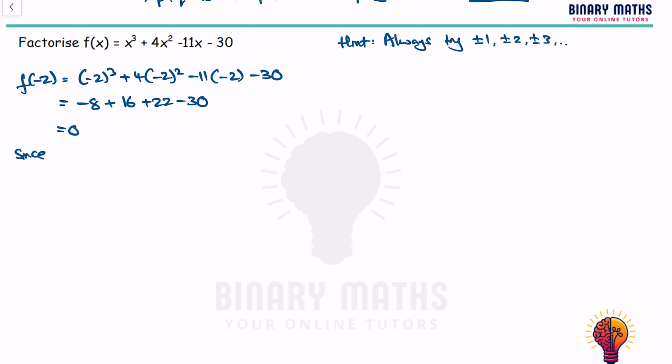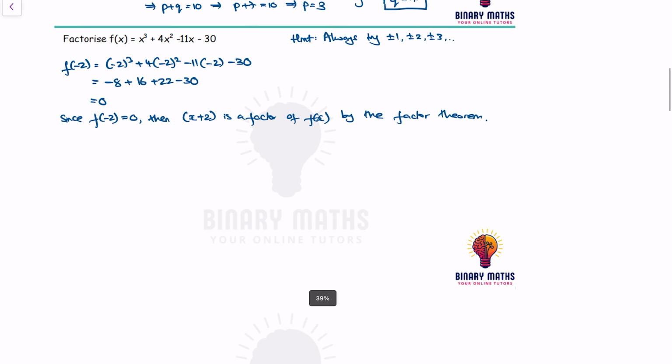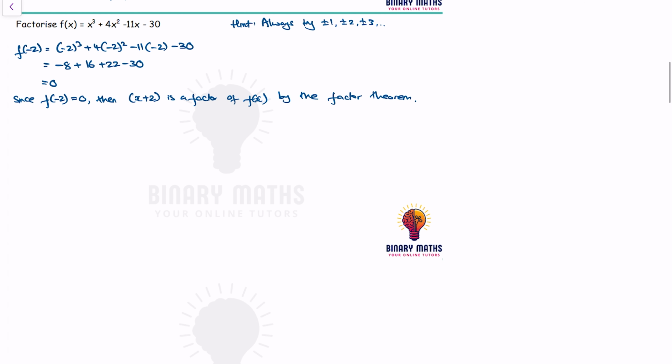Now, since f of minus 2 equals 0, then x plus 2 is a factor of f of x by the factor theorem. Now I need to do a polynomial division to find my other factor. So if I do a polynomial division, I need to do x cubed plus 4x squared minus 11x minus 30 divide by